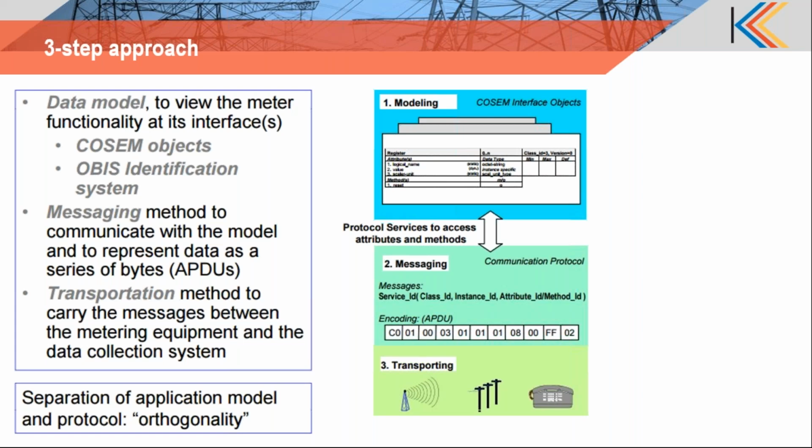The advantage of this three-step approach, or the layered design of DLMS, is that there is an orthogonality or independence of each layer. For example, the data modeling layer, which is tightly coupled with the metering application domain, might evolve over time depending on the technological advancement happening in the metering domain. For example, 20 years back, when DLMS was first defined, there was no concept of using the communication protocol for prepaid metering, or no concept of having a built-in relay or a switch inside the meter,